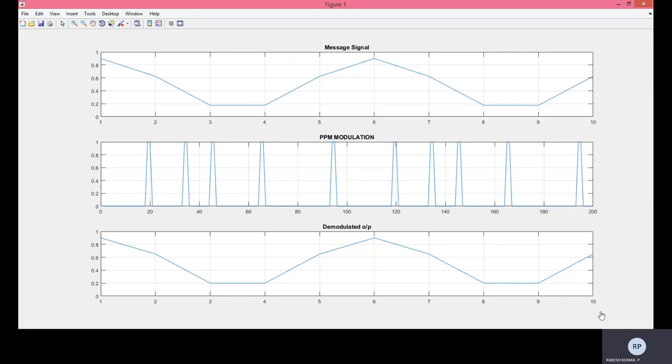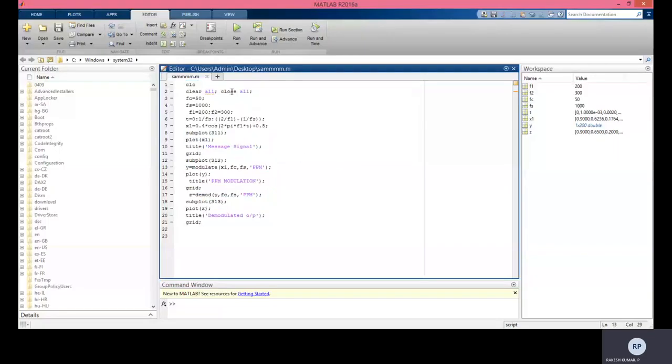Now I will go and explain the code. Go to the program. Here also it is the same: CLC, clear all, and close all, already told. FC is the carrier frequency, FS is the message signal frequency.